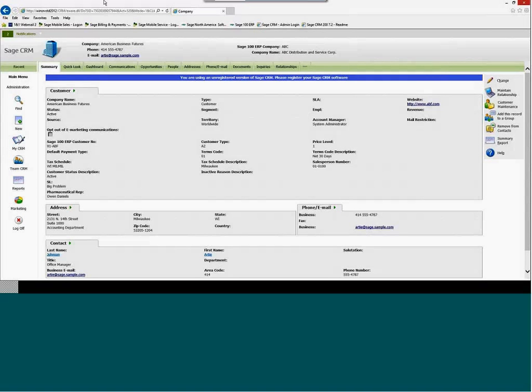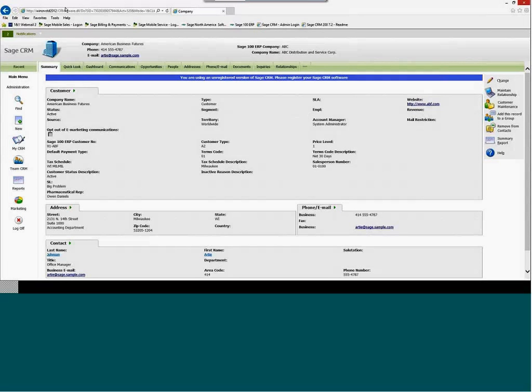I'm a CRM product specialist with the company, and the purpose of this demo is to showcase what Sage 100 ERP looks like integrated with Sage CRM, which is our flagship CRM product. This is software that does talk to your accounting and financial system, whether it's Sage 100 ERP or Sage 300 ERP. So the first thing you'll notice on the screen here is that I'm logged in